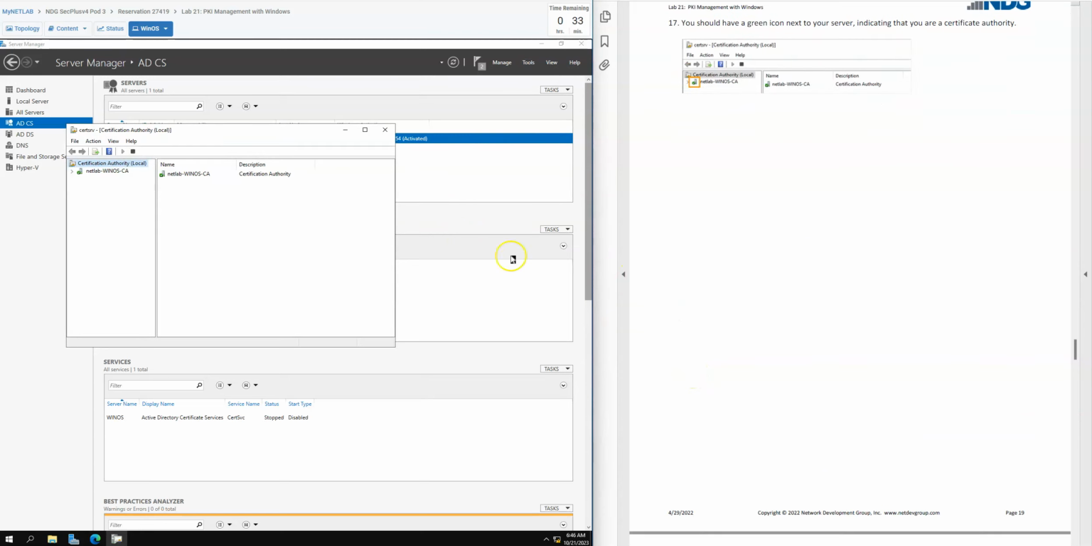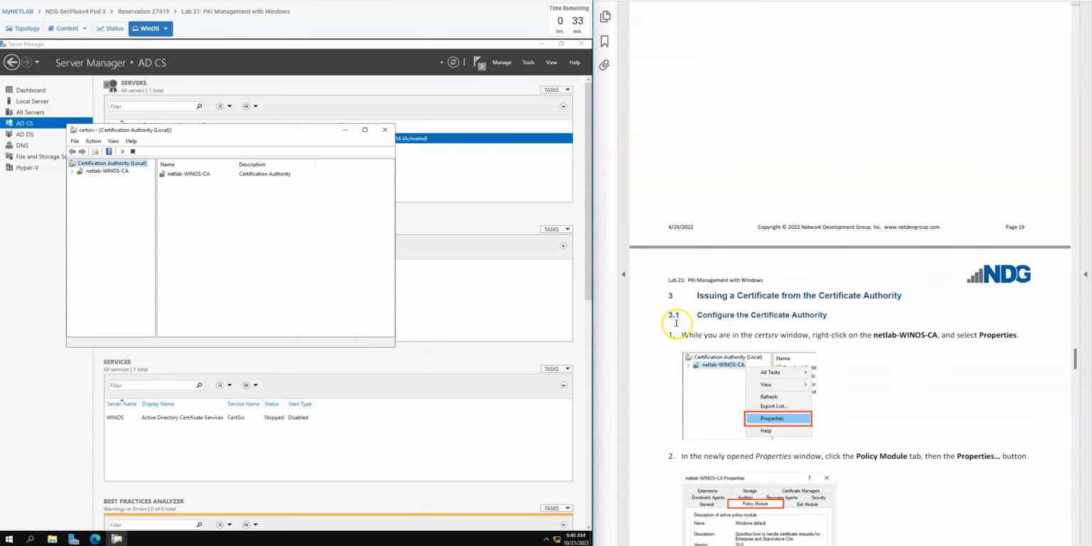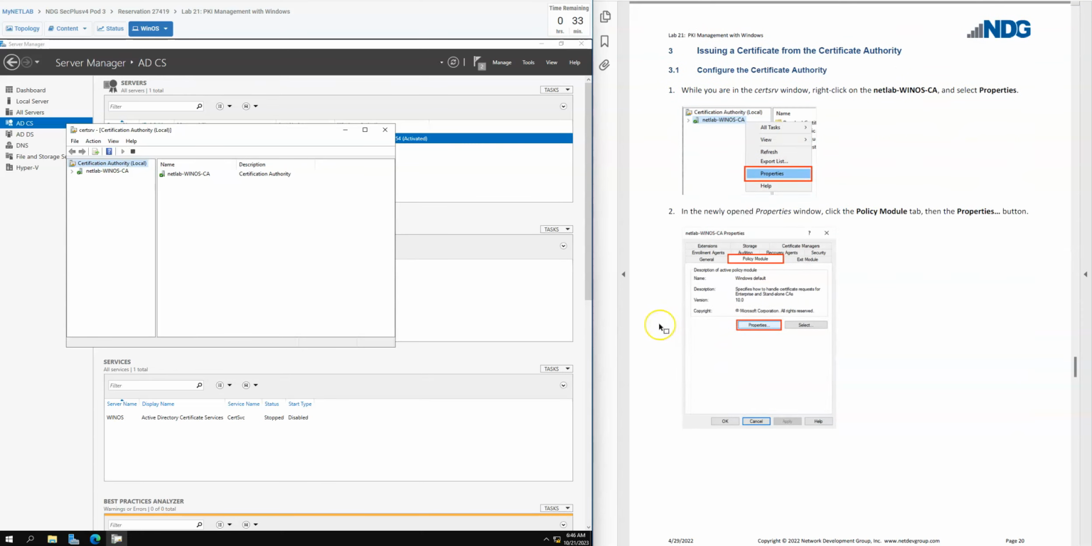You should have a green icon next to your server, a little check mark there, indicating that you are a certificate authority. We're going to leave that open